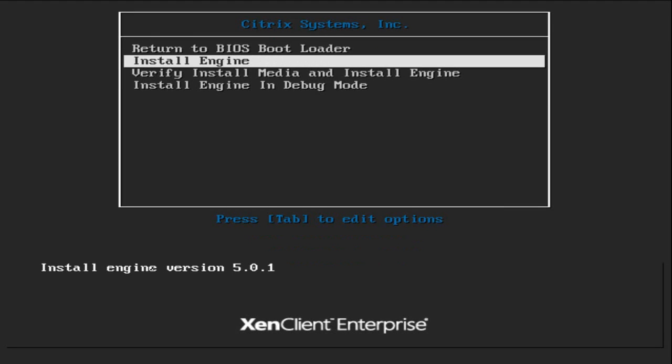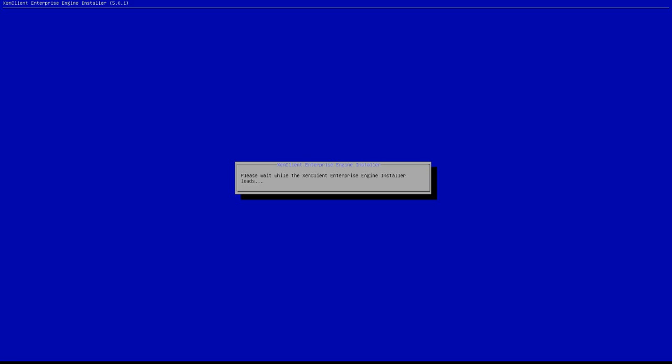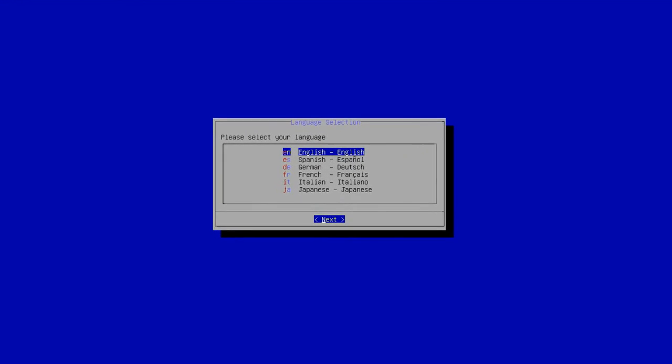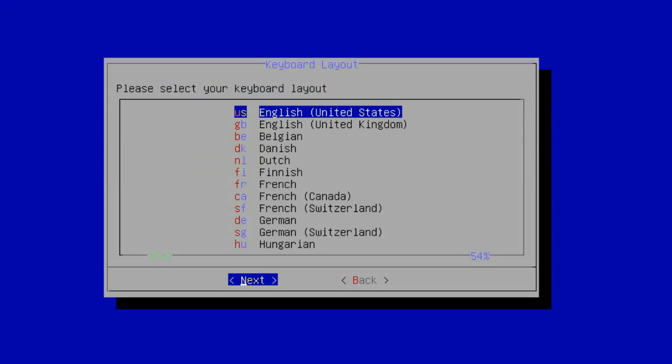So step 1 was to install XenClient Engine on one of the machines I use for testing. I selected a white label PC with an Intel reference mainboard, a Core i7 CPU, 32GB of RAM and a 240GB solid-state disk. The information required during installation is language, keyboard layout,